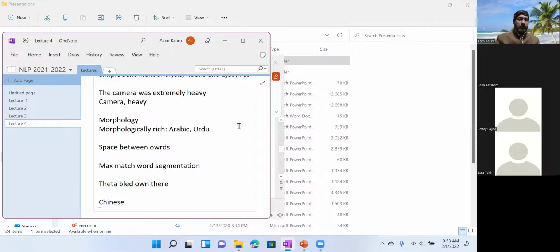But we have more sophisticated techniques for word segmentation, and most of them are based on language modeling, which is basically probabilistic in nature. So we will consider language modeling later on, and you will get a better idea. But if you want a very simple baseline, then this is one of them, max match word segmentation. So is this algorithm clear? Of course, this is a greedy algorithm, and